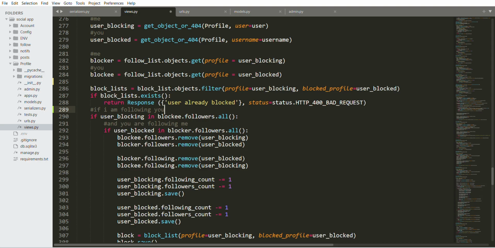If user blocking, that is me, in blockade or followers or all, that is you. So if me in you, Bible pun, please do not say that outside. If user blocking in blockade or followers or all. So if I am in your followers, that means I am following you, and if user blocking, it goes to the next line, then it checks again. If user blocked, that is the person that I want to block, is in my followers. So if me in you and you in me, if user blocked in blocker followers all,